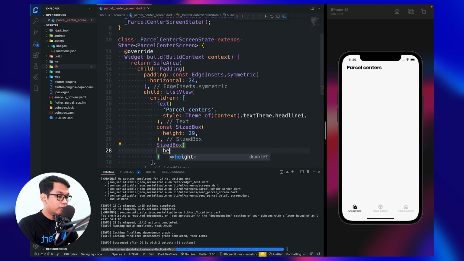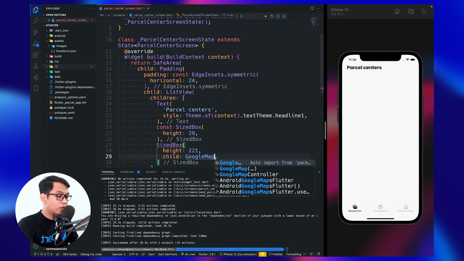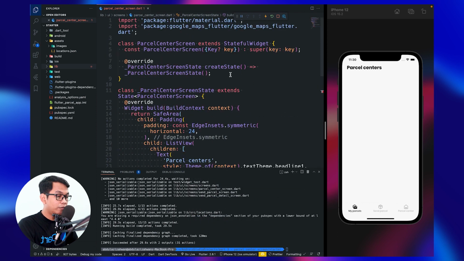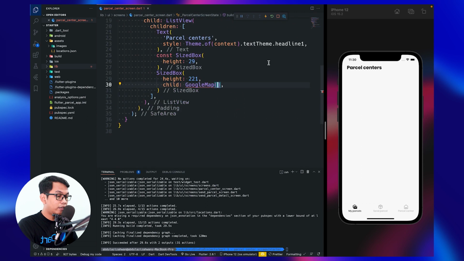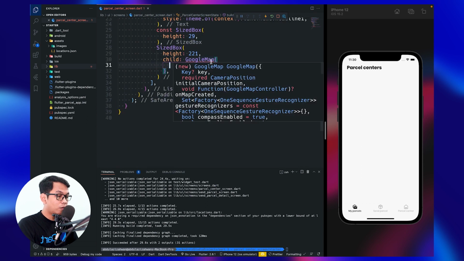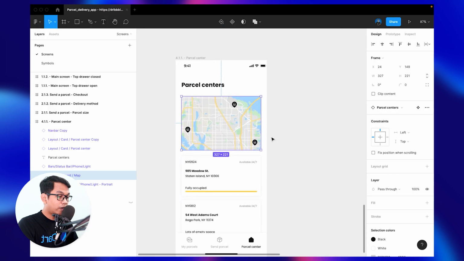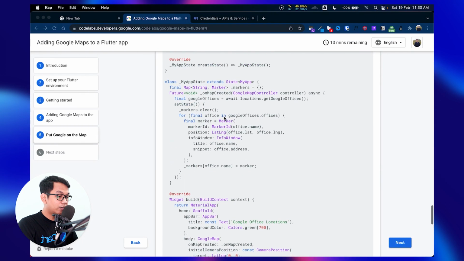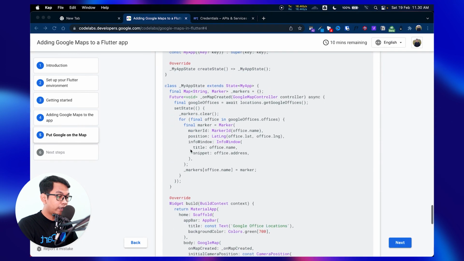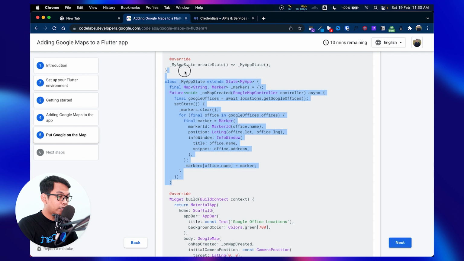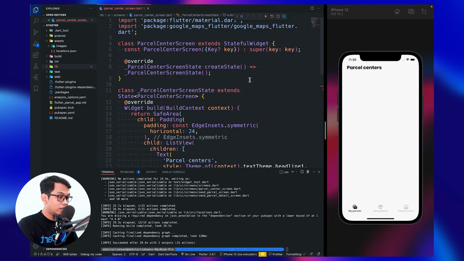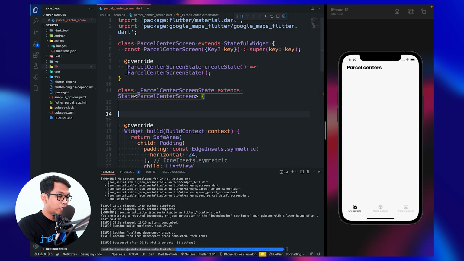For the height, set it to 2021, and we use child, and for the child we use Google Map, and it will import Google Map Flutter for us. And inside this Google Map, we can add key and then controller and so on. So for that, let's see in the tutorial what we need to add.